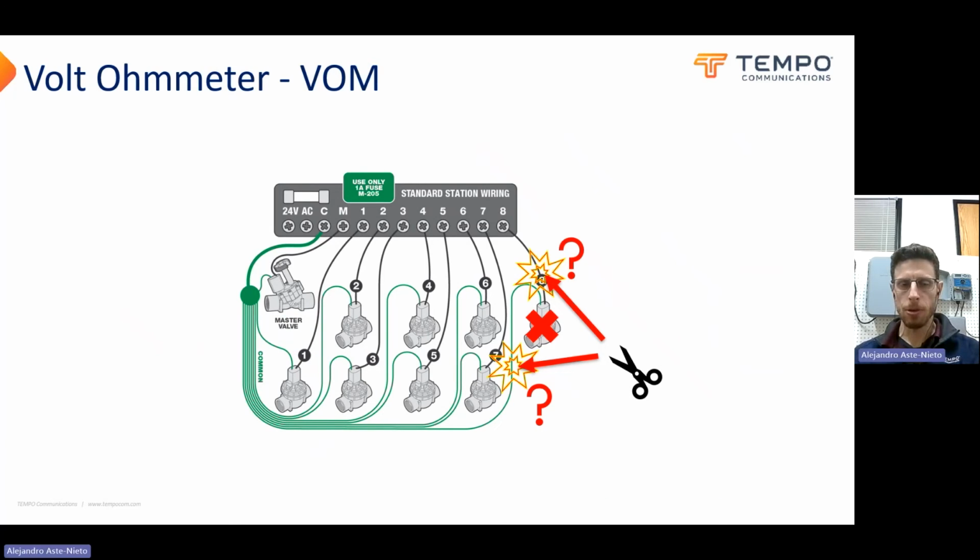If we have a manifold and we're not getting continuity on this wire to the common, it could either be the wiring going to the solenoid, or the splice here, or the solenoid here, or the splice here. In theory, it could be this section of wire here, but it's a pretty narrow number of possibilities. We can narrow it down a little bit further to either solenoid or wiring pretty quickly. You can test the resistance